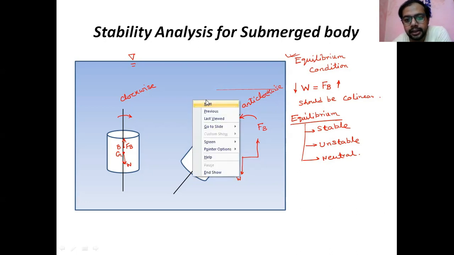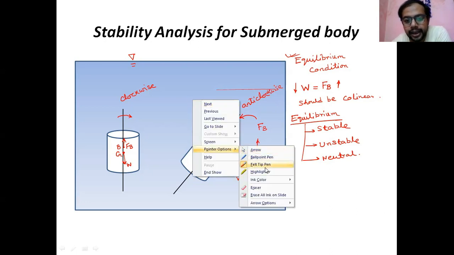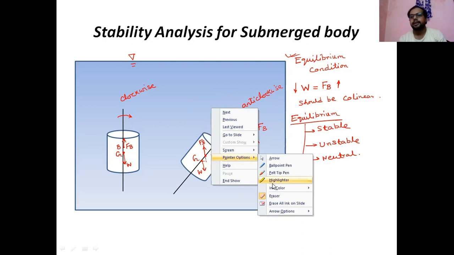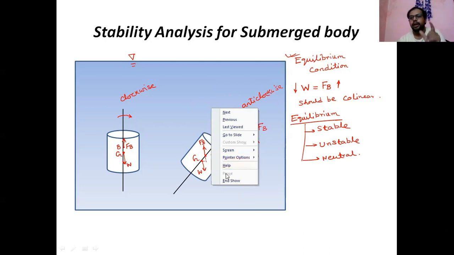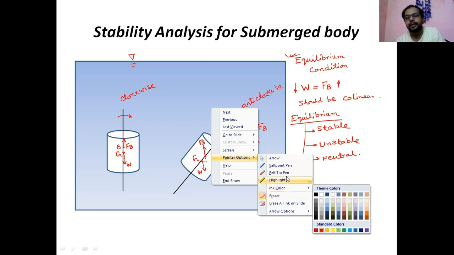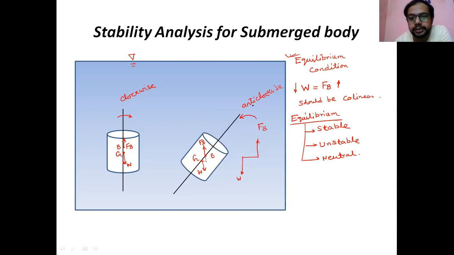What does it mean? It means that it tries to again establish equilibrium, because I give one tilt in the clockwise direction, but the FB and W are arranged in such a way that it gives the opposite moment. So a clockwise moment and then an anti-clockwise moment will come,